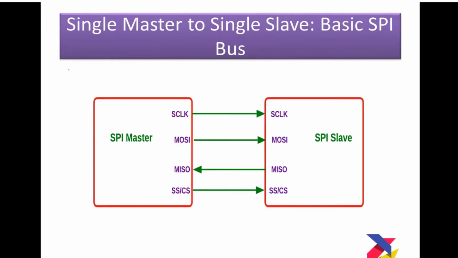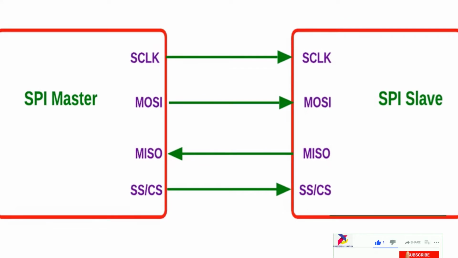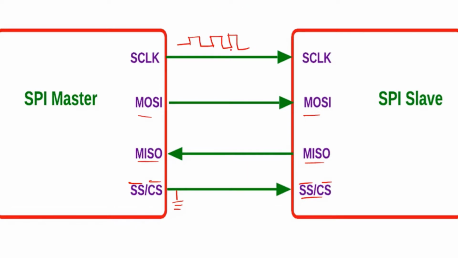So this is a single master single slave configuration. This is a basic SPI bus. This consists of the 4 logic signals, that is SCLK, MOSI, MISO, and SS. So coming to the operation, the SPI bus can operate with a single master device with one or more slaves. As shown here is the single master and single slave configuration. If a single slave device is used, the SS pin is set to active low. To begin the communication between the master and slave, first the master configures the clock signal, serial clock, with a frequency supported by the slave devices, in the range of a few megahertz. The master then selects the slave device with a logic 0 on the SS pin.